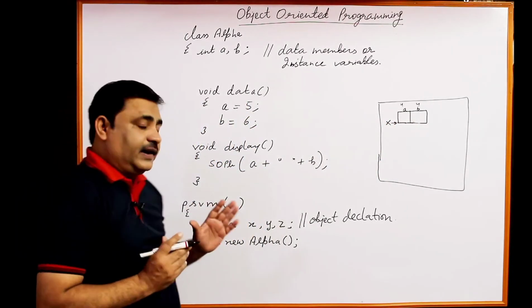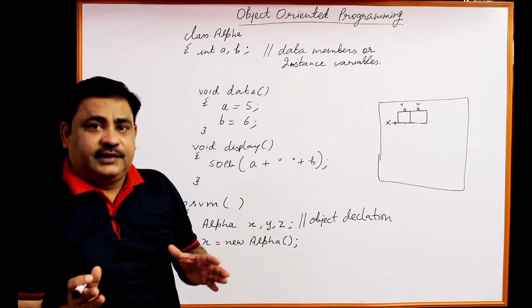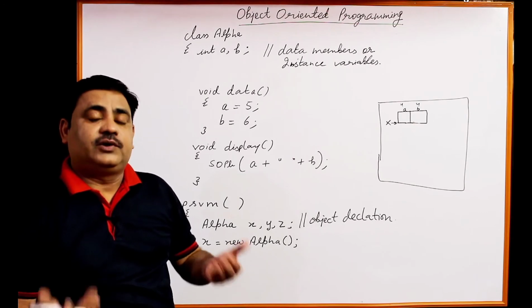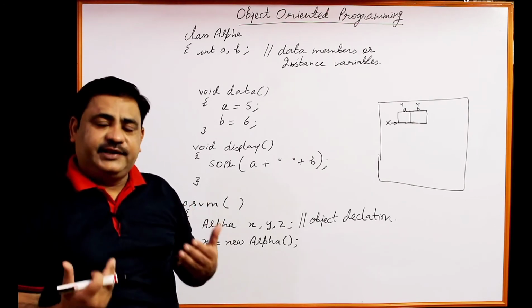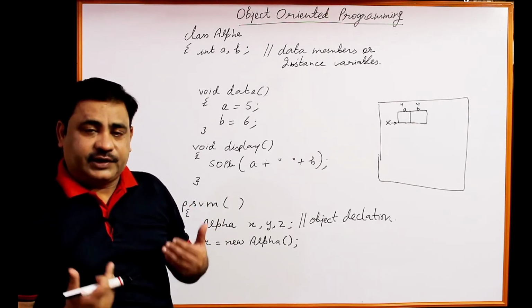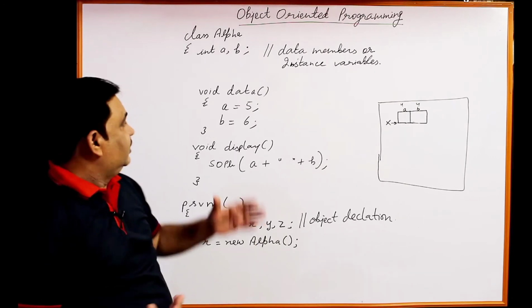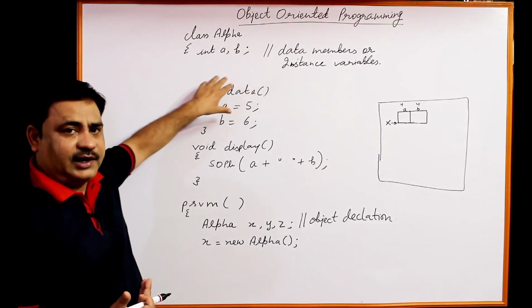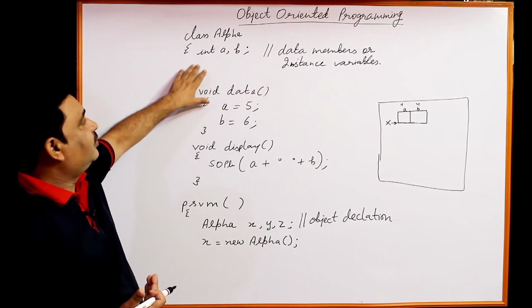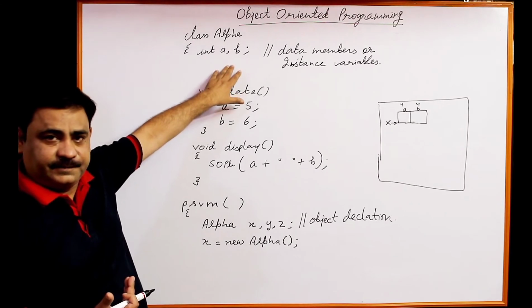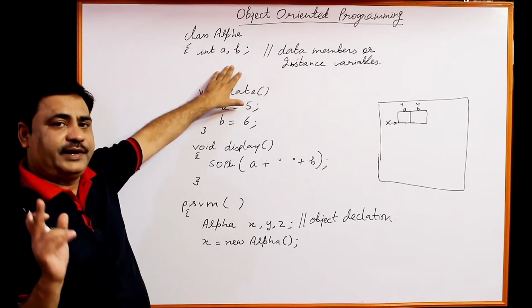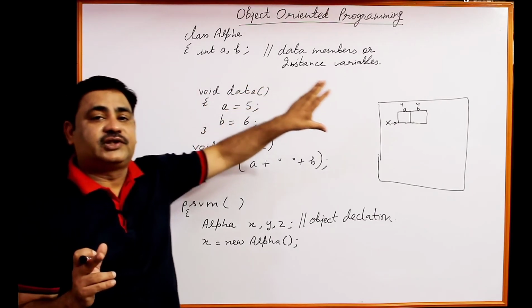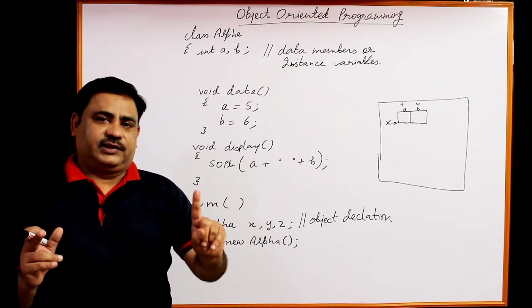So that's why we are saying that class name is a user defined data type. User defined means because we have defined. So size will be decided by us for each and every object. Size will be decided by the data members declared in the body of the class. If you declare one more variable, suppose double C, one double variable is of 8 bytes. So 4 plus 4 plus 8 total it will become 16 bytes. So one object will be of 16 bytes.